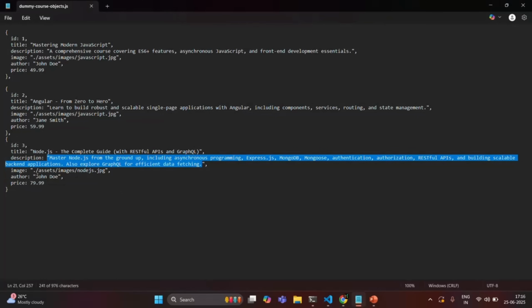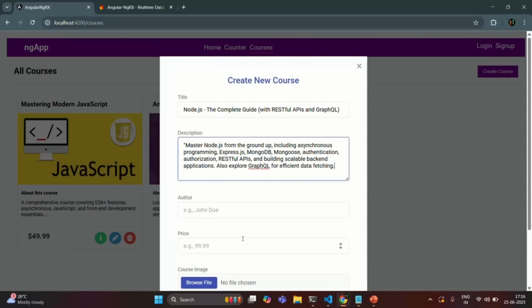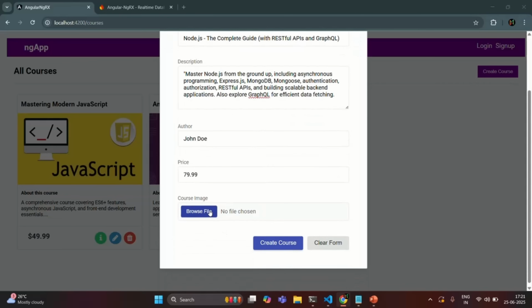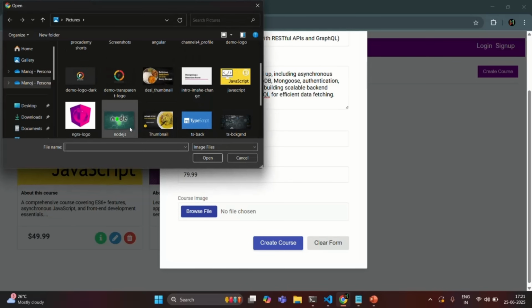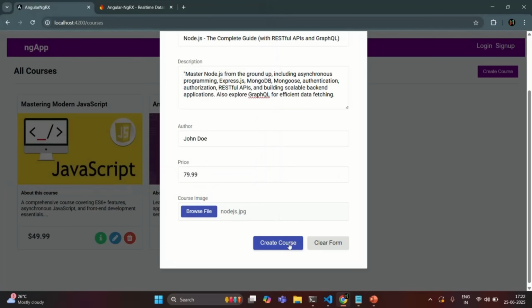Let's copy the name of the author. Let me paste it here. And let's say price is 79.99. And let's also select the image for this course. So when I click on this create course button, it is going to create a course in the database. If I click on this,